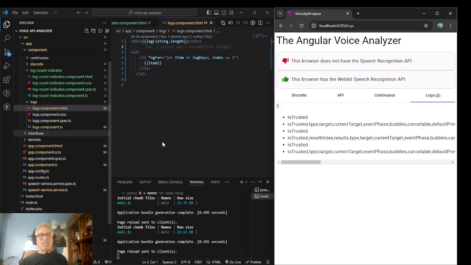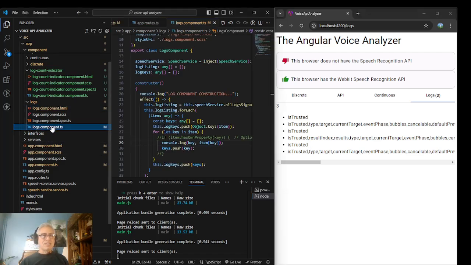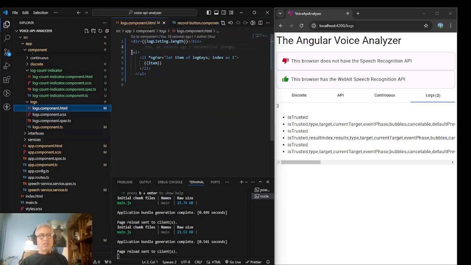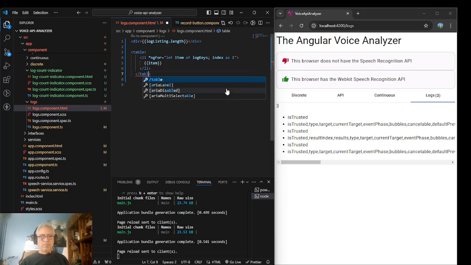I find most examples that are out there give you this sort of thing, and I think we got this from ChatGPT. I prefer tables, old school tables. So I'm just gonna convert this into a table. We'll just see how smooth that goes. Smooth operator. So every table has a row,